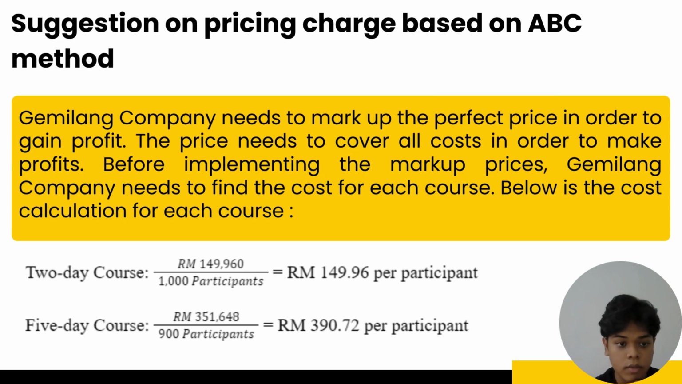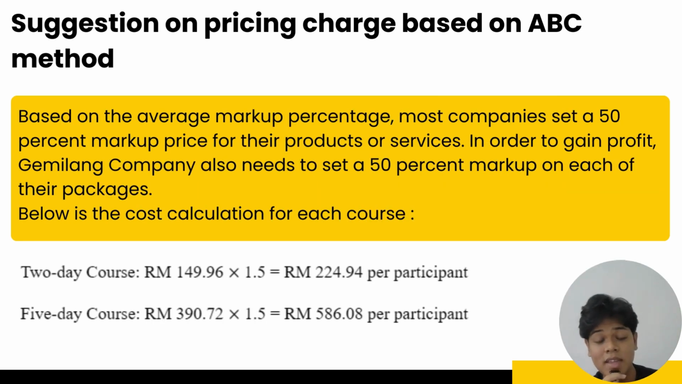For the 2-day course, we have 149,960 ringgit divided by 1,000 participants, and we will get 149 ringgit and 96 cents per participant. For the 5-day course, we have 351,648 ringgit divided by 900 participants, and we will get 390 ringgit and 72 cents per participant. Okay, so after we calculate the cost for each course, now we need to calculate the markup price